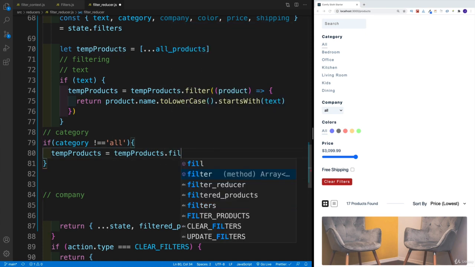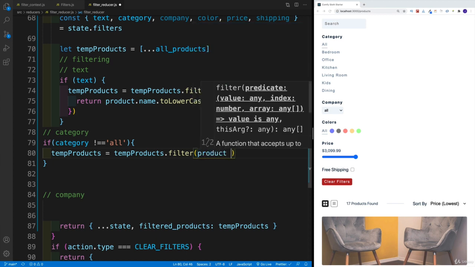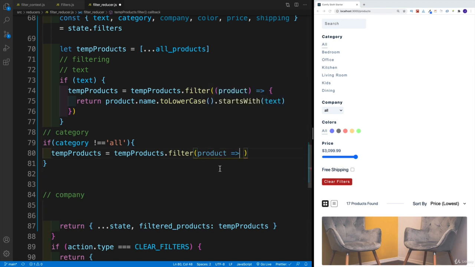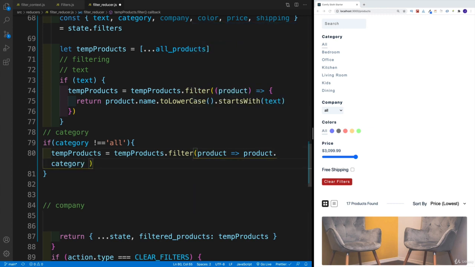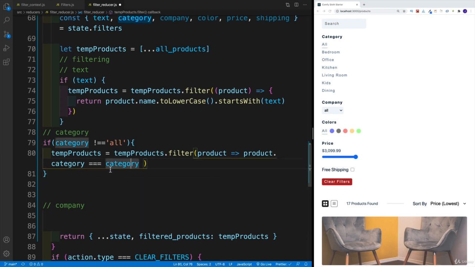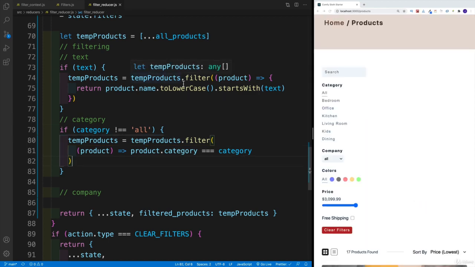So we go here with temp product again, we set up the filter. There's going to be quite a few repetition here because the functionality essentially is the same. We're just changing those conditions over here. And in this case, I will set up the implicit return. I'll say that I only want the product whose category value matches to whatever I have in the state. So in here, I'll say product and then category. That is the property that I can find in the object. And if it is equal to the category, beautiful, return those products. If not, then of course, I'm going to remove them from that array.